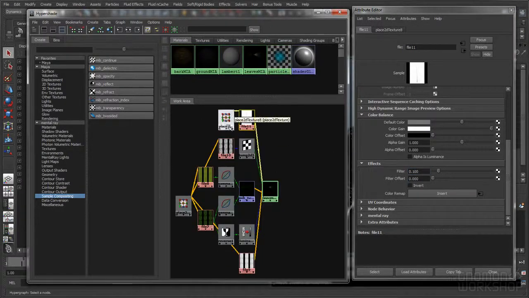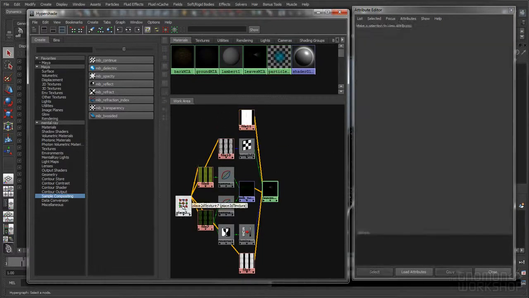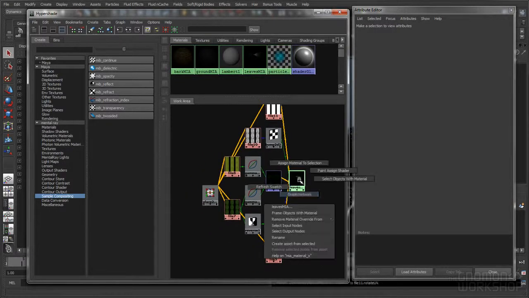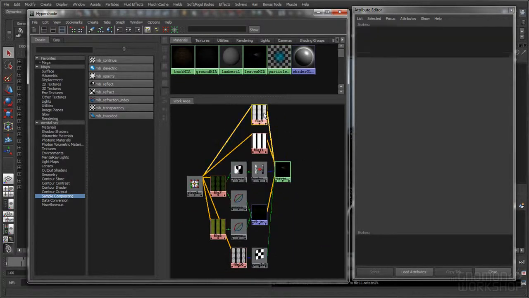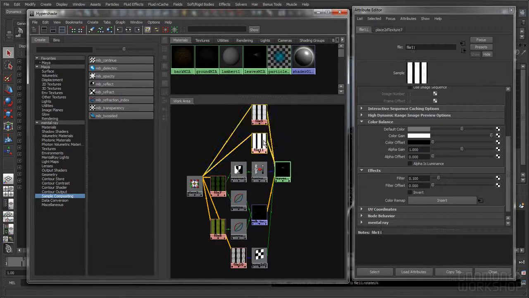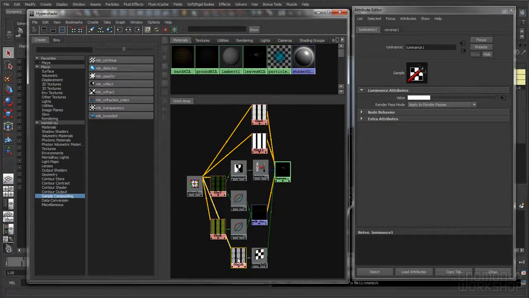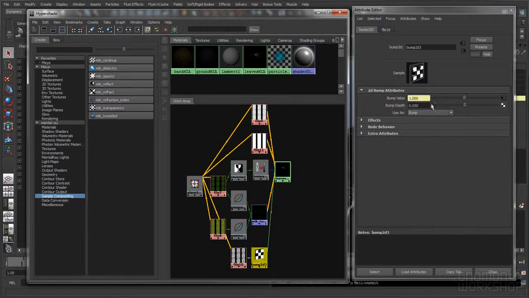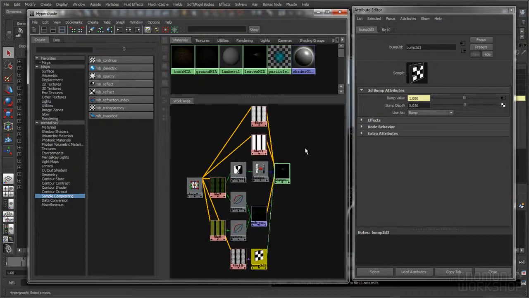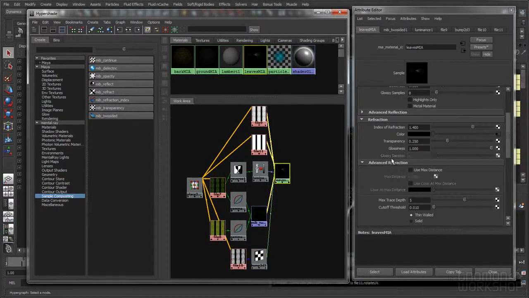Okay, and then of course, share the same placement node. All right, so now I have my spec map, my transparency map, my front color, my back color, my alpha channel, which is going into cutout opacity, my bump map, which has a very low bump depth, and those are pretty much it, except for one last thing that I need to map,